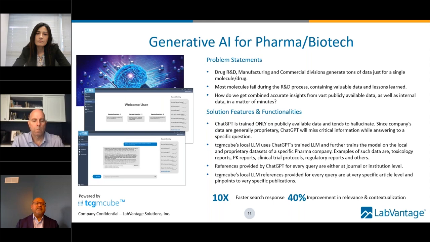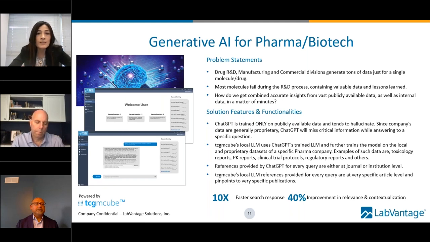So I just wanted to set that context here to see if there's anything that LabVantage Analytics offers in this space. Yeah, sure. The solution that LabVantage Analytics offers is absolutely the right fit here. As you mentioned, ChatGPT is trained only on publicly available data, and hence in many cases it might hallucinate, because we have a gold mine of information within the company, and so does every other company, right?